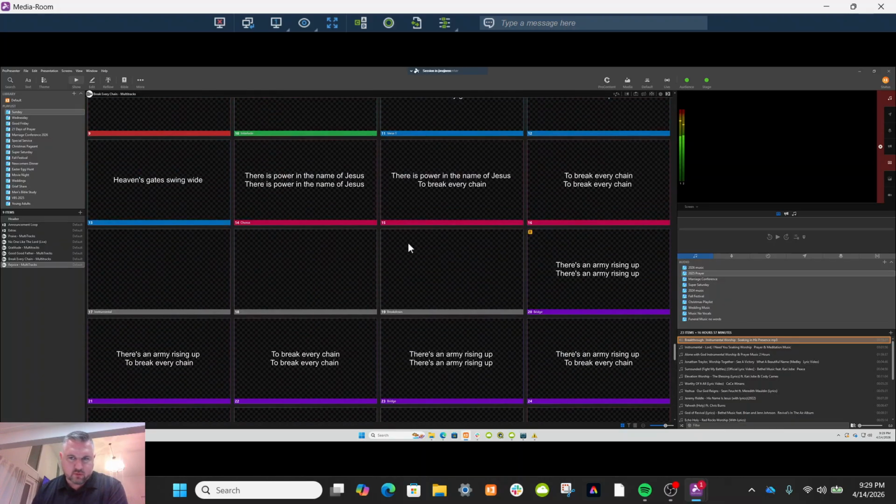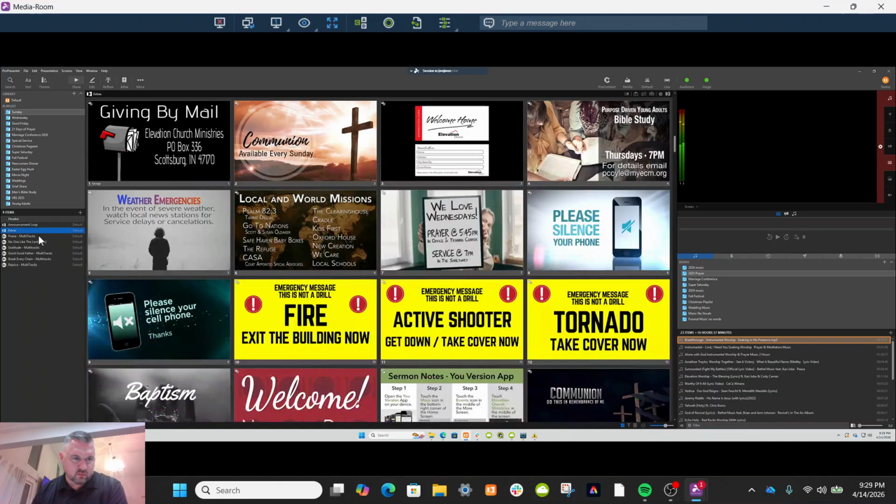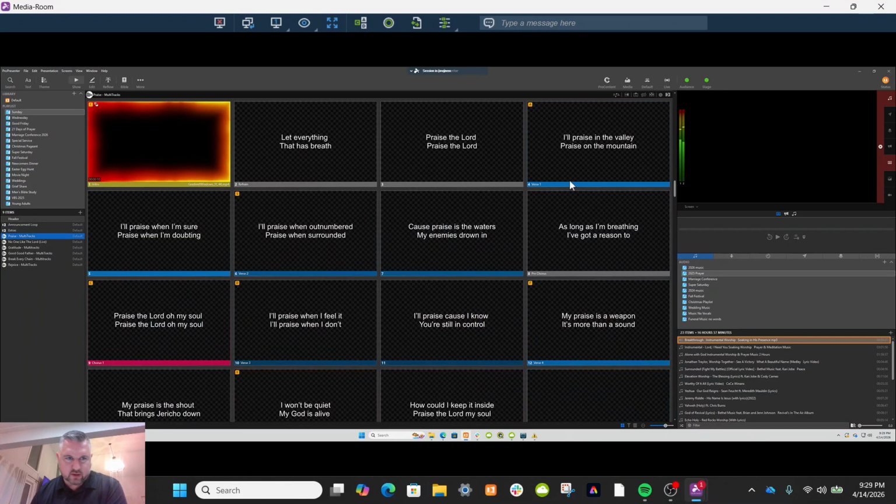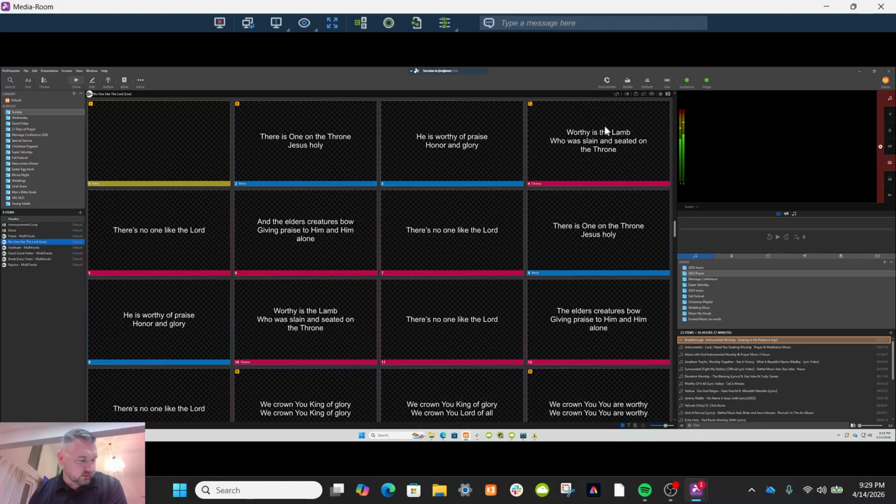So the other thing that we want to do now that we have the songs in here, we want to make sure that they're set in the right key for the screen that's on the back wall. So up here at the top, there's a key here. This is how you select which key you want to be, whether it be a major, or there's a minor option down here, what you want it to be in. So this one's correct. It's in A. No One Like the Lord,